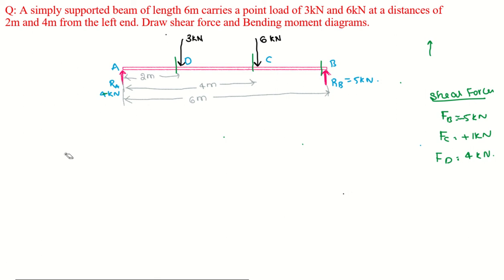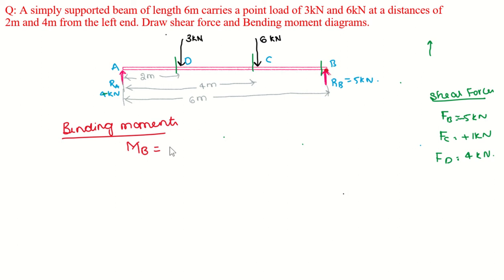If you see the bending moments for a simply supported beam at the supports, the bending moment value will be 0. That we have seen already, or let us prove it now. So bending moments, again let us come from right to left. At B, what happens? MB is equal to, we have one force here, RB, but there is no distance, as RB is acting at the point B itself. Moment is nothing but force into perpendicular distance. As there is no distance, it is 0.